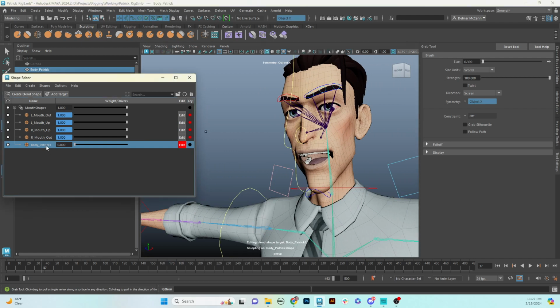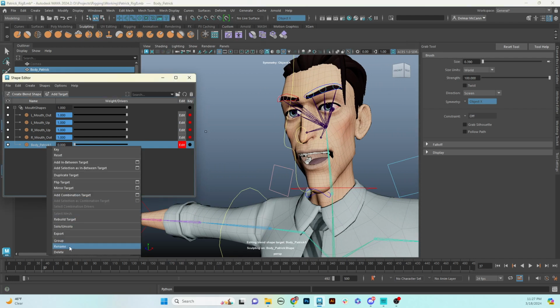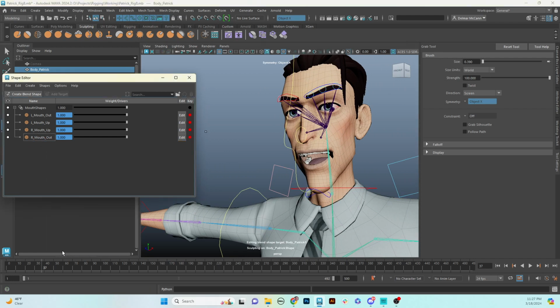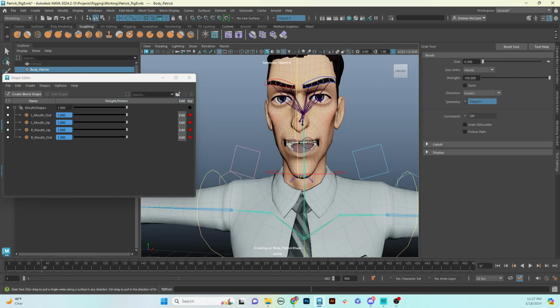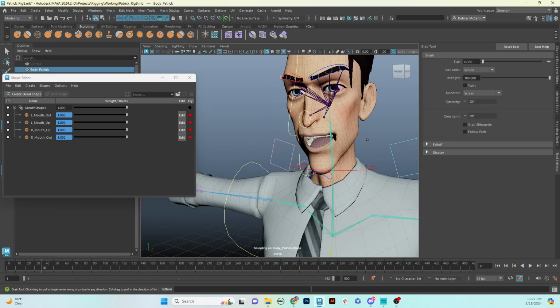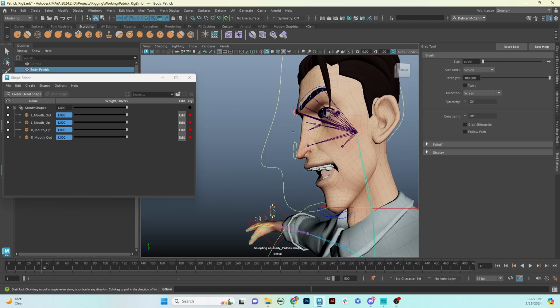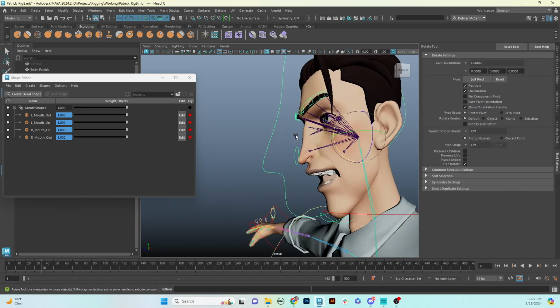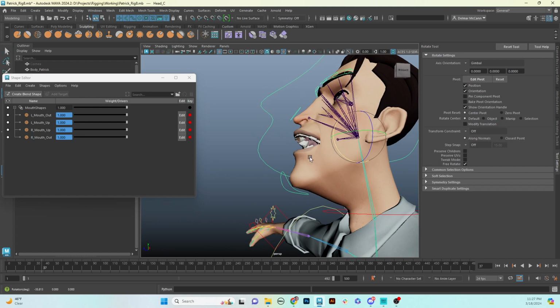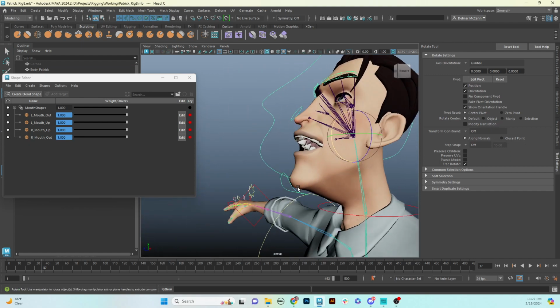So don't need that, so we'll just delete it. But I just want to show you kind of the power that you have with blend shapes and the shape editor. Because the great thing is you can pose your character and you can still go in and edit the shapes that you want